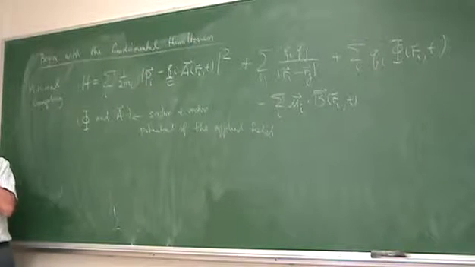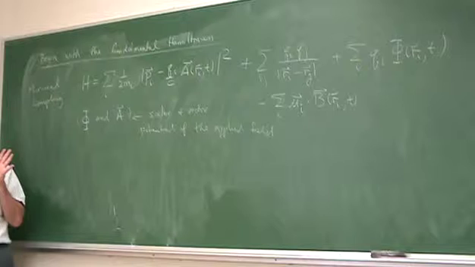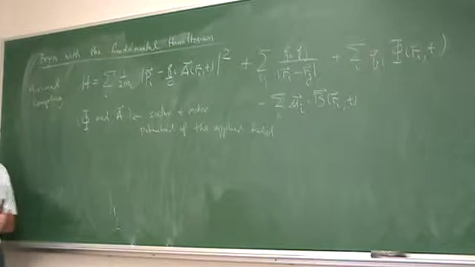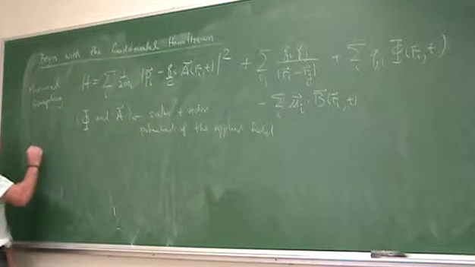Now, this form of the Hamiltonian, while correct, is not the most convenient form to work with. The reason is that what we have in our problem